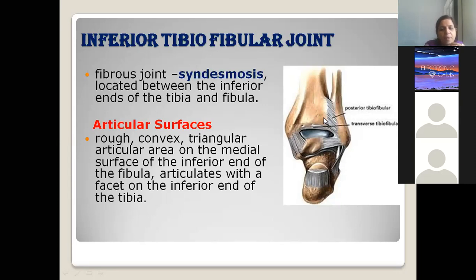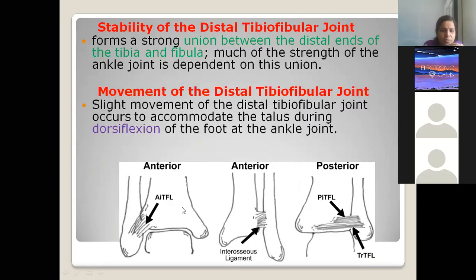And of course, you will have ligaments connecting anteriorly and posteriorly. If you are viewing from the posterior aspect, you call it the posterior tibiofibular ligament. Anteriorly, the anterior tibiofibular ligament. So this is the fibula with the lateral malleolus, this is the tibia, and this is the medial malleolus, and the connection is like this. Medial side of the fibula and lateral side of the tibia. Anterior tibiofibular ligament in front and posterior tibiofibular ligament behind.